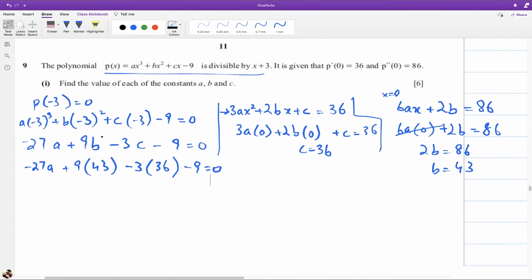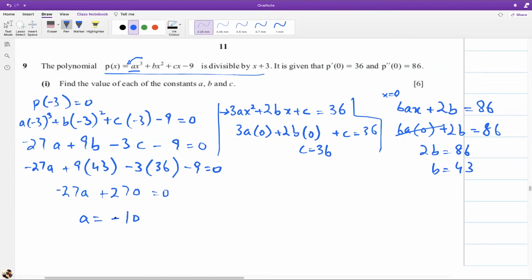डिफरेंशिएट किया मैंने उसको. p प्राइम का मतलब है डिफरेंशिएट करना है, तो इसको डिफरेंशिएट किया. ax क्यूब को डिफरेंशिएट करेंगे तो 3 मल्टीप्लाई हो जाएगा और पावर -1 हो जाएगा. So this gives me minus 27a plus 270 equal to 0. So a is equal to minus, सॉरी प्लस 10 वो यहाँ से मिल गया, तो ए बी और सी तीनों मिल गए।